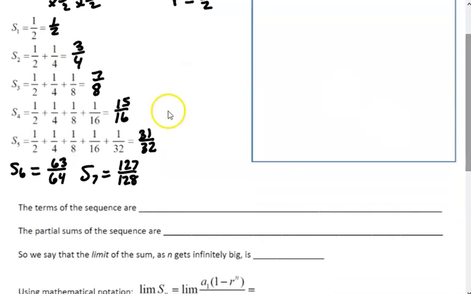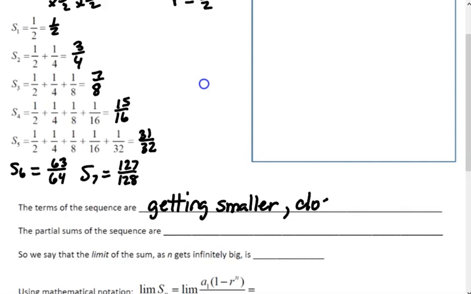So what do you notice about the terms in the sequence? The terms go 1/2, 1/4, 1/8, 1/16, 1/32, 1/64, 1/128. The actual terms are getting smaller and smaller because as the denominator is larger and larger, the fraction gets closer to 0. So the terms of the sequence are getting smaller, closer to 0, but the sums,